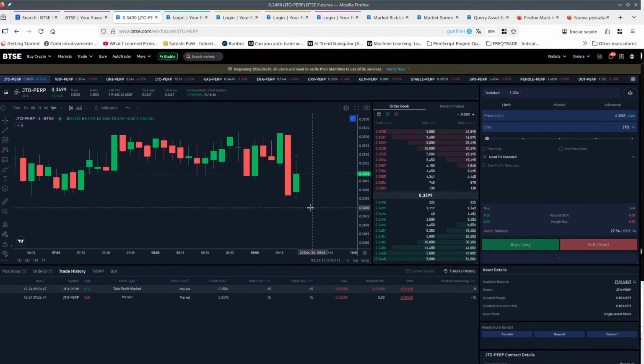So basically what happens here is that we make a sell in here, market price. We did a market sell here, but then the price